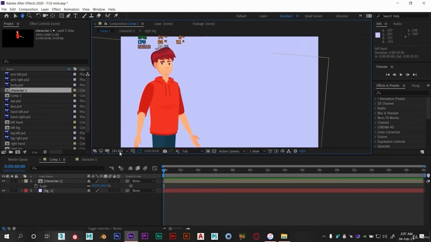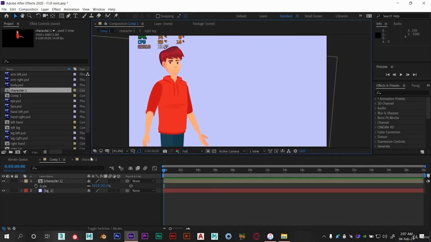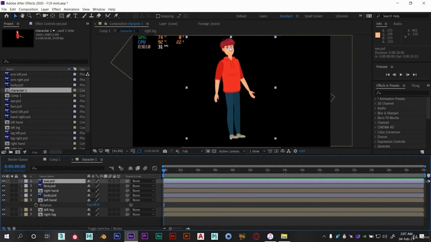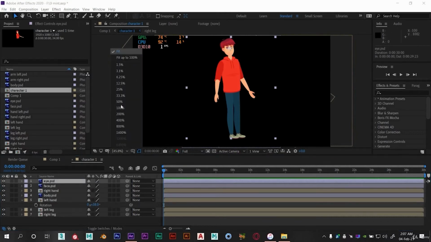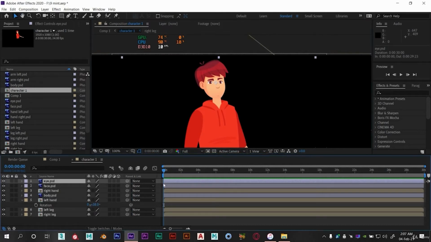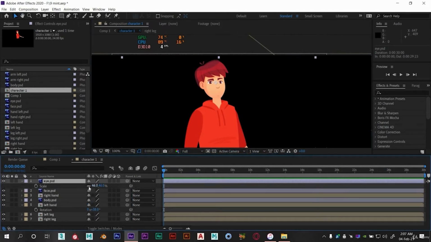Let's animate the eye first. Scale the viewport, select the eye layer, press S, and now this is a sign of constant.